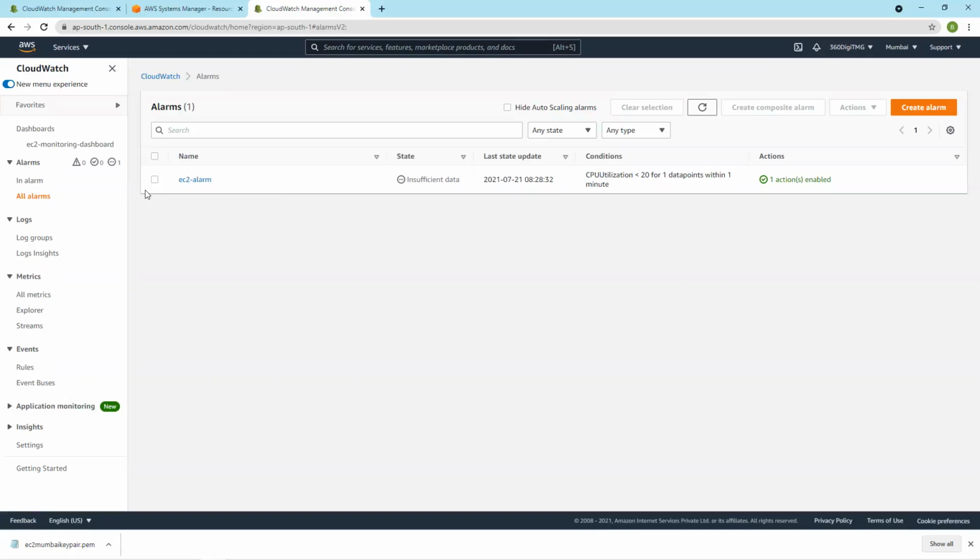But this is not a very good alarm, because when you start the instance, it will automatically stop. Obviously, I have given a time window of 1 minute, and within that 1 minute it will check and stop the instance. So let us delete this alarm.